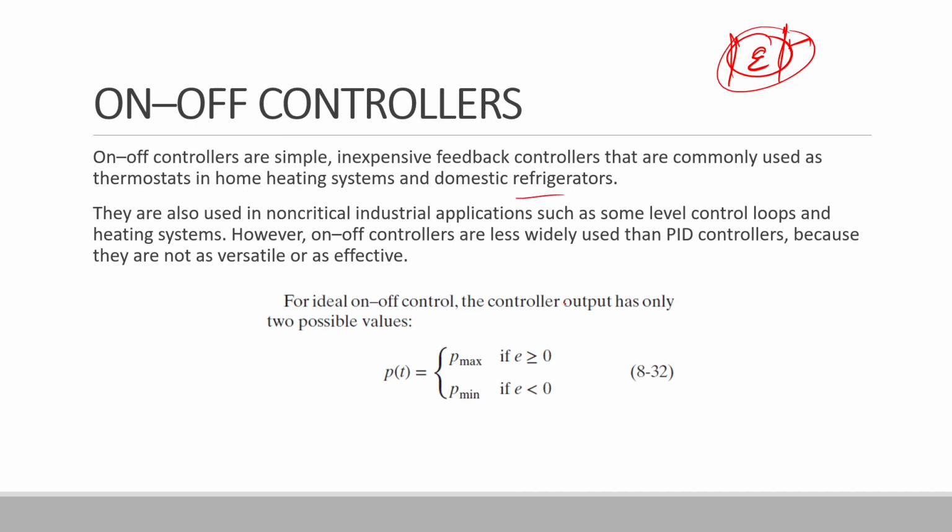For example, in a refrigerator, we don't control the temperature precisely, we just switch the refrigeration on and off. We use this on-off controller in a refrigerator. They are also used in non-critical applications such as some level control loops and heating systems. However, on-off controls are less widely used than PID controls because they are not versatile or effective. So let's consider a level control example over here. So in such a case,